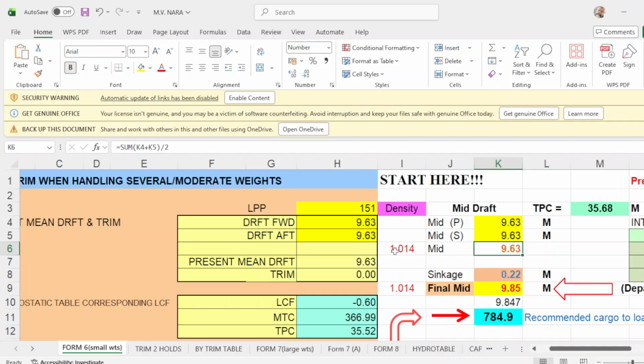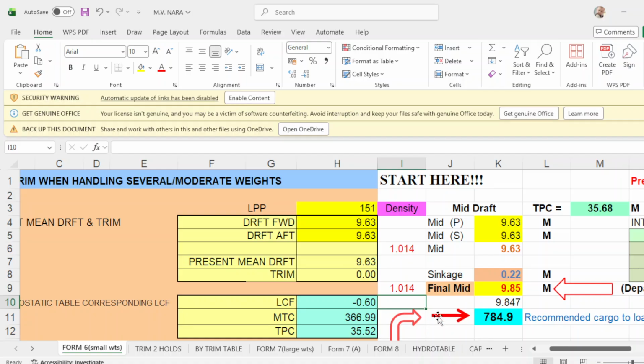The density when they took the draft was 1.014, and the density expected upon completion of loading will also be 1.014.